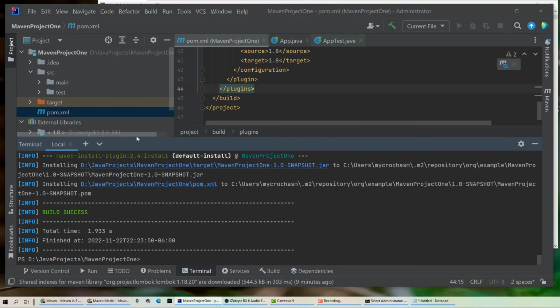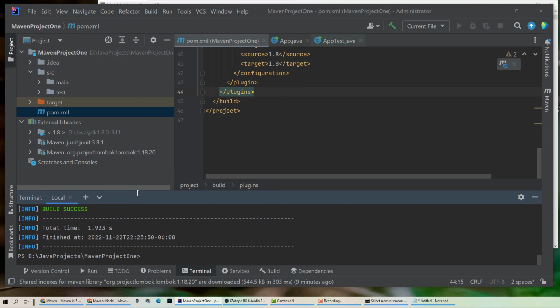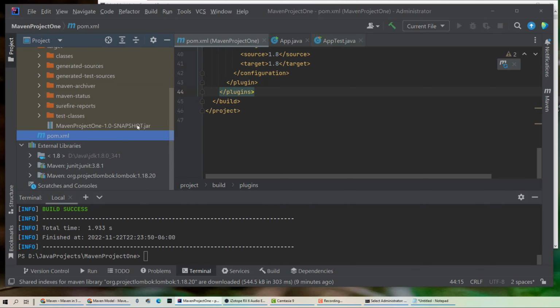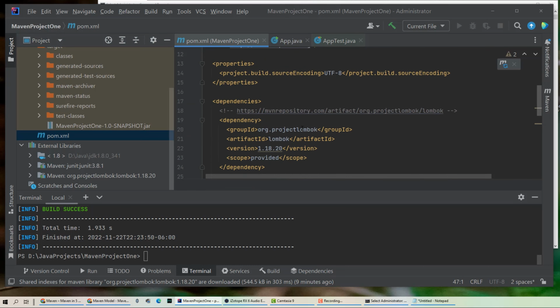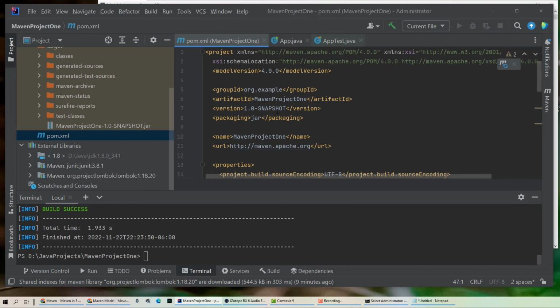Now if I go back to IntelliJ, go to my target folder, because I did the Maven clean install, you're going to see it actually built the actual jar. This is the jar I would deploy to production, right? You notice the 1.0 snapshot. That's my version number. If you go to the top of my Maven POM file here, you'll see it's called 1.0 snapshot, right? If I were to change that to 1.0-1,